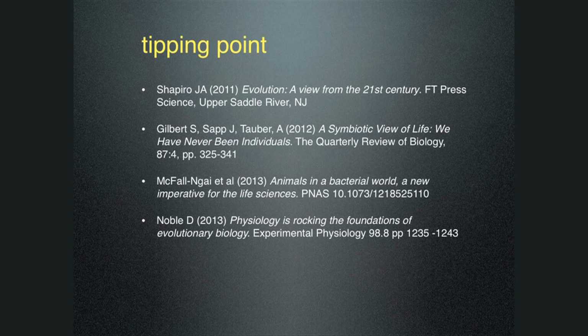So this is the kind of exclusivist notion that people have had about evolution. And the tipping point came, I would say, really in 2009 through 2013, first with James Shapiro's book, Evolution: A View from the 21st Century, which lays out the molecular biological evidence for the fact that symbiosis and symbiogenesis is much more common in evolution than was previously thought, and also lays out a lot of other things that basically